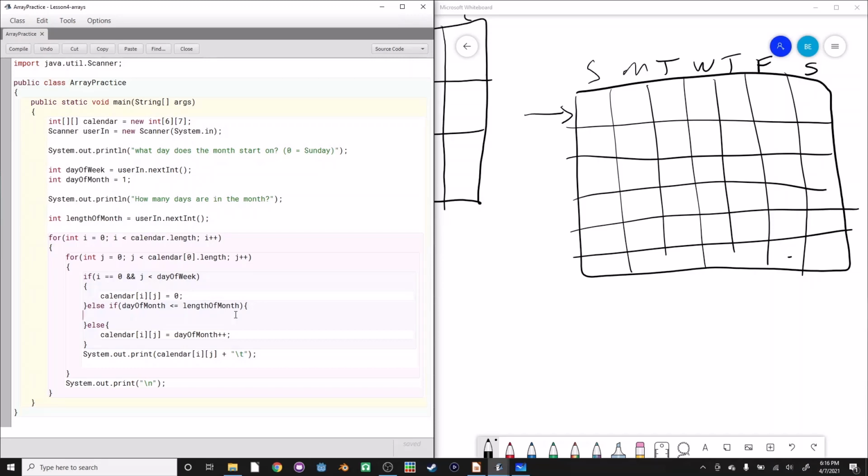So if we're on the first week and we haven't reached the first day, just populate it with 0. If the day of the month is less than or equal to length of the month, which means like for 1, 2, 3, etc., we need to actually increment the value. So calendar I, we're going to actually move this up to this right here. And then else calendar I j